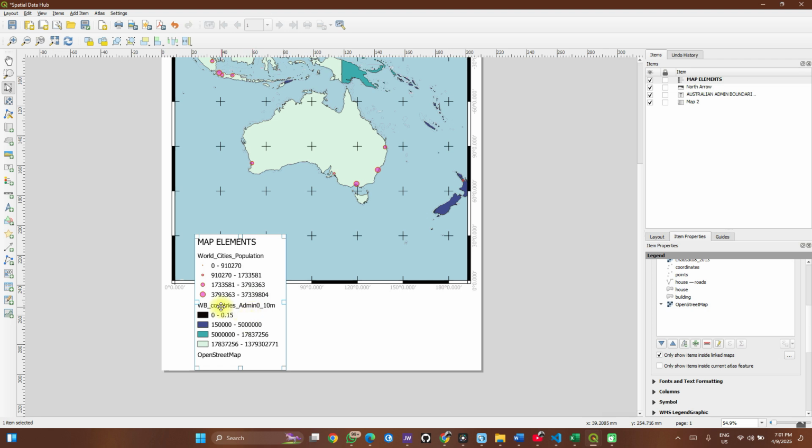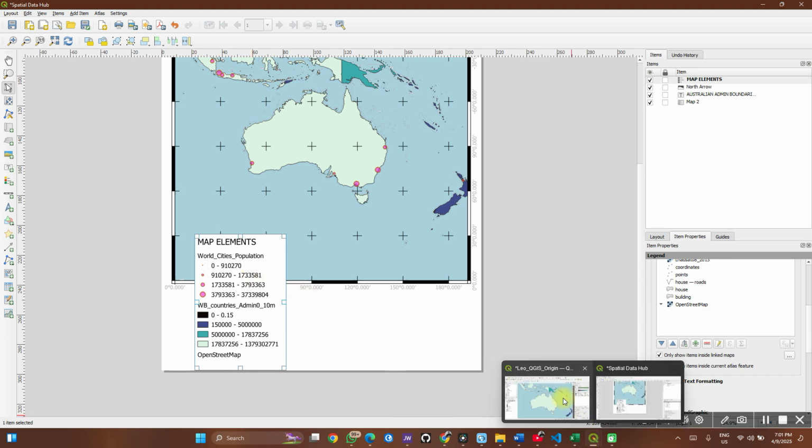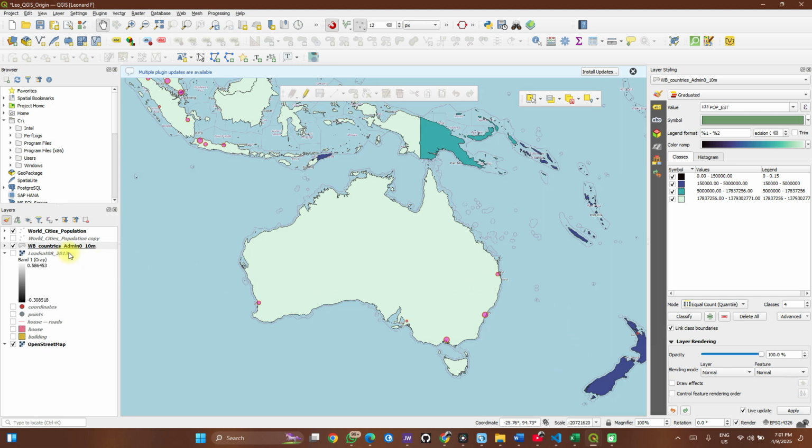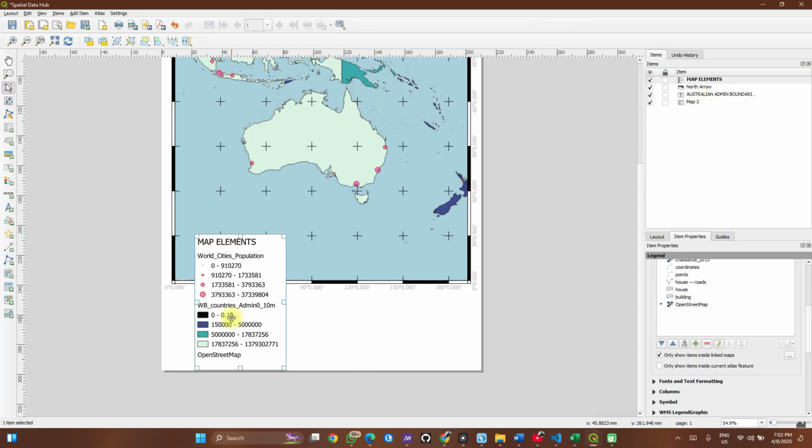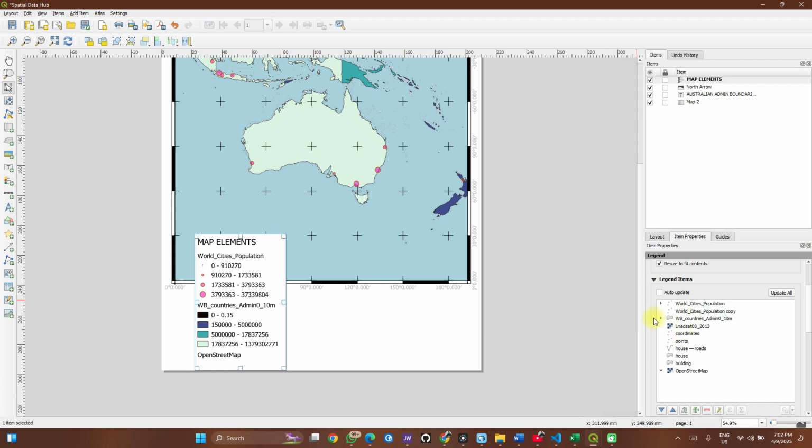Remember when I said you could always adjust your legend items when you're making your map? So do well to check back on that. If you did not watch that video, I will quickly show you how to do that. On your layer styling, here on the legends, when you have set up your symbology and all of that, you can edit these legend items. There's another way to do that, but that's the better way. Another way to do that is coming here